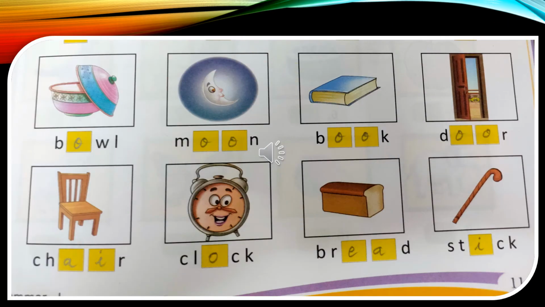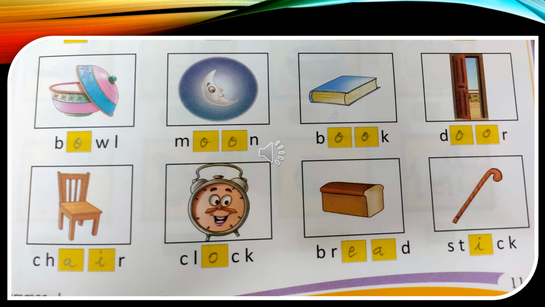Now the first picture is of ball, so in the blank space we will write O, B-O-L-L, ball. Then moon, so in moon we will write double O. It will become M-O-O-N, moon. Then B-O-O-K, book, D-O-O-R, door,